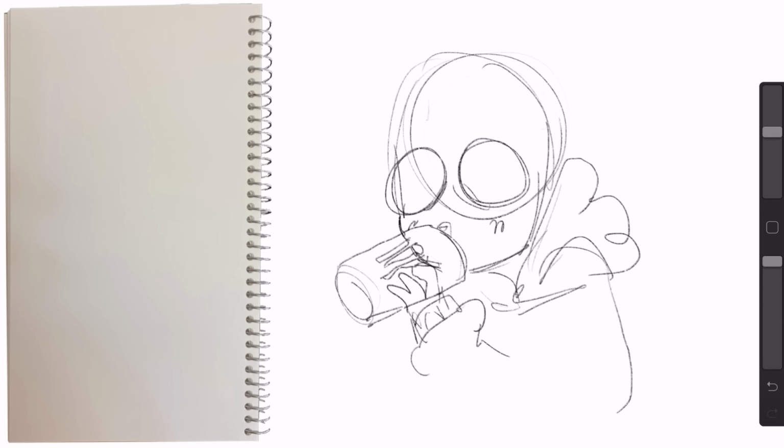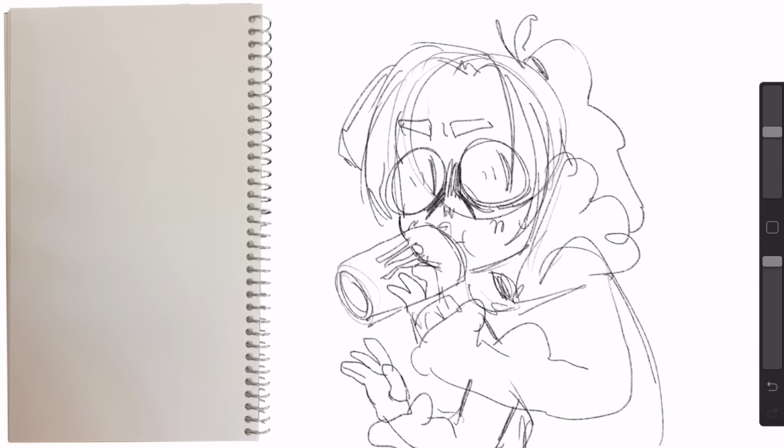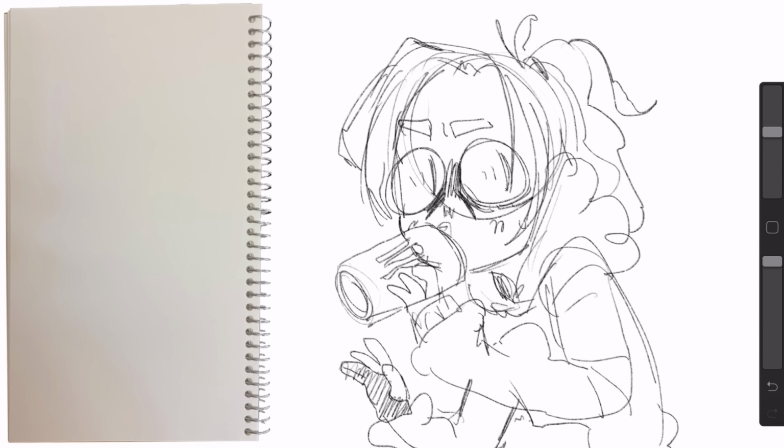Now, digital artists are a different breed. I feel like a lot of professionals are digital artists now just because it is more efficient and it's faster, but digital also has quite a few drawbacks as well. I feel like digital artists are the most likely to look sort of thrashed when they're in the middle